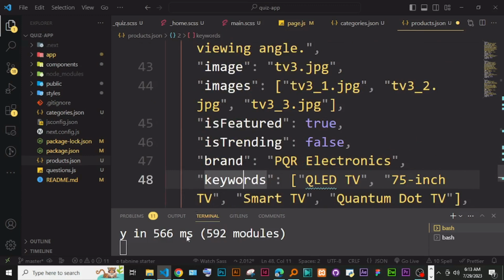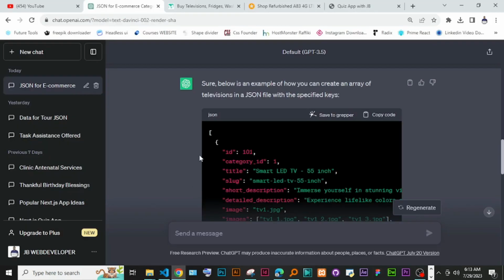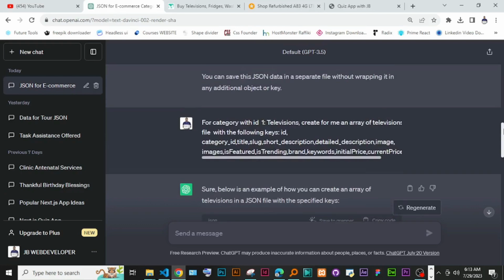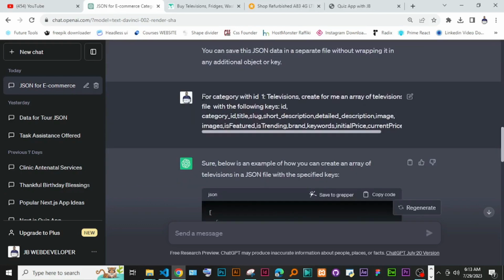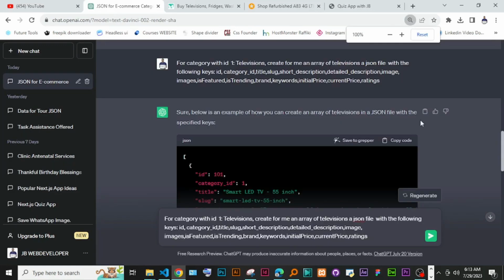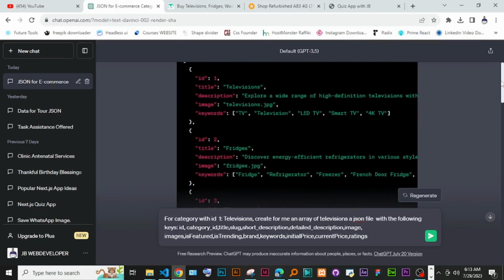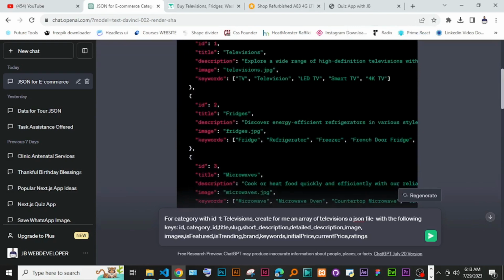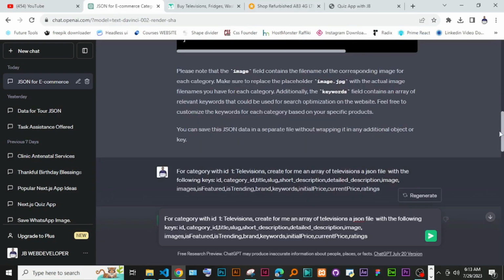So let's just go ahead and do it for the second category. So just copy the same prompt. Okay, you can just go ahead and copy this same prompt just like that. So paste it here. Okay, I'm just going to zoom out now. So go back to here, and the second one is fridges. Okay, just copy that. So on here, you're just going to say for the category with ID number 2, and